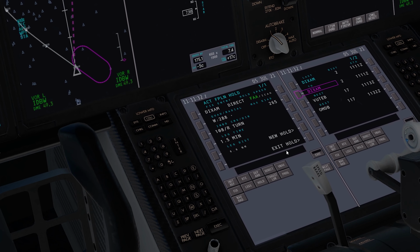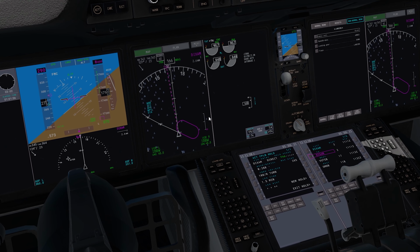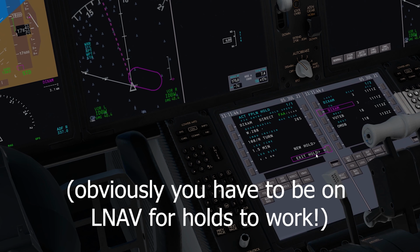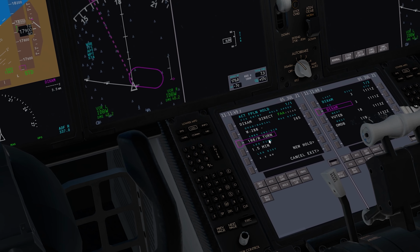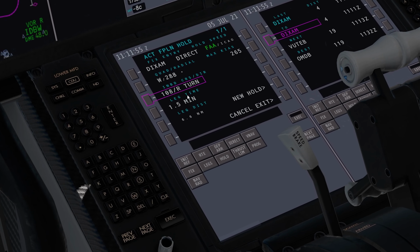So now if we wanted to exit the hold, say ATC is saying exit the hold, we're trying to hold the altitude here. I'm still on LNAV and VNAV, by the way. And so we simply click exit hold, and then the exit is armed. So when we come back around, as you can see here on the ND, we are going to continue along our route, and you can still